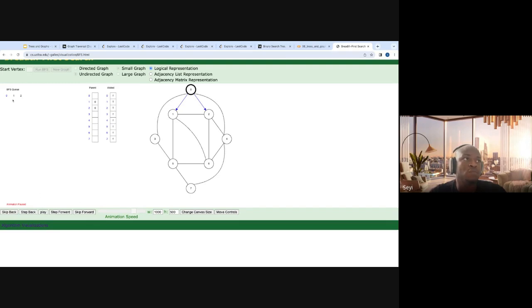Now we pop 0 off the queue, right? So we take 0 off the queue. Okay, we add 3, sorry, and we have to add 4. Yeah, so we have to add all the neighbors of 0. Now we've added all those neighbors to the queue. Now we take 1, which is the next item in the queue. Now, because normally we want to add 0 again, right? But because 0